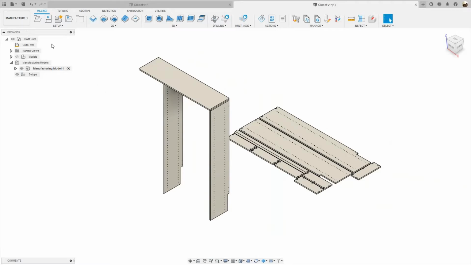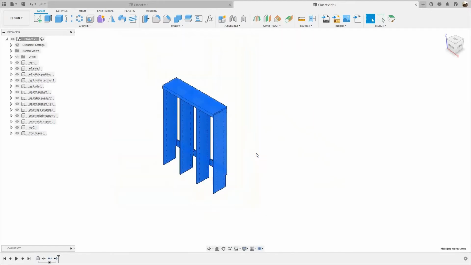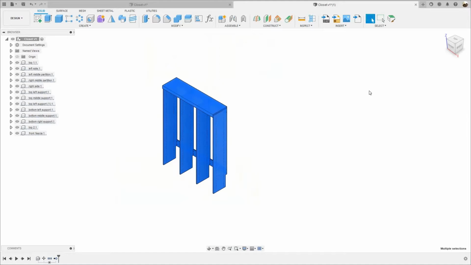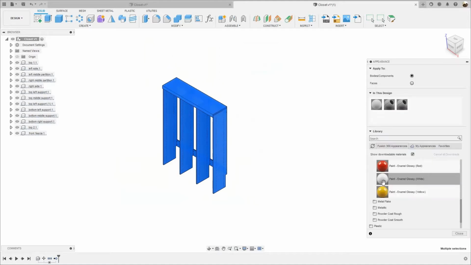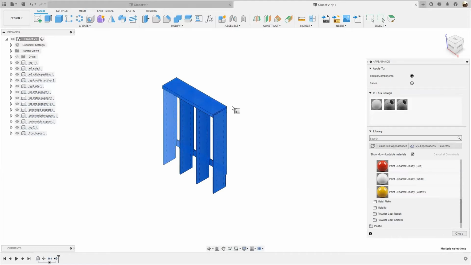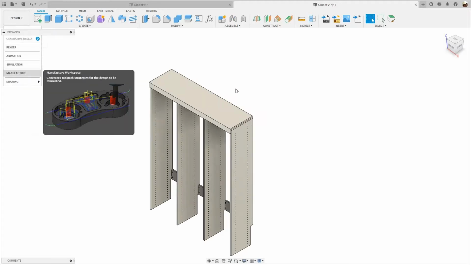What about design workspace? Let's go to design workspace. They're not white, so I'm gonna window select the model, right click, and I'm gonna go to appearance, and I'm gonna select the white paint. Okay, it's under paint, glossy. Okay, let's drag it and drop it onto the model right there. There you have it. Okay, now every single part is white in design workspace. So let's go to manufacturer,